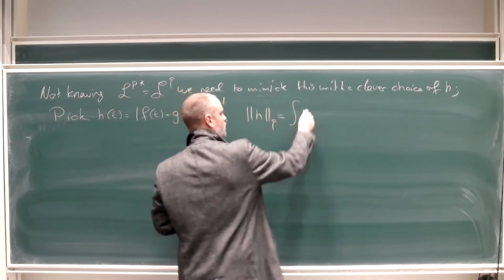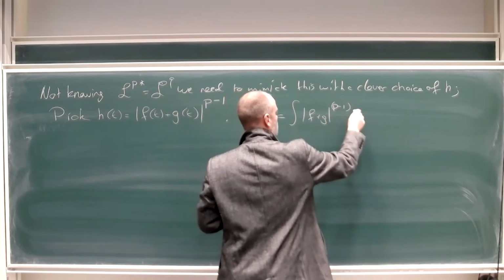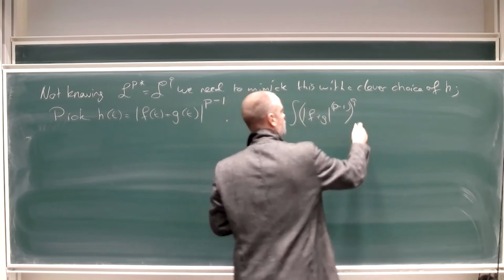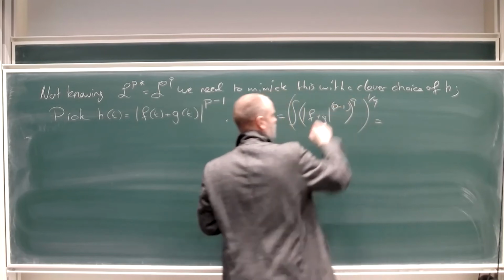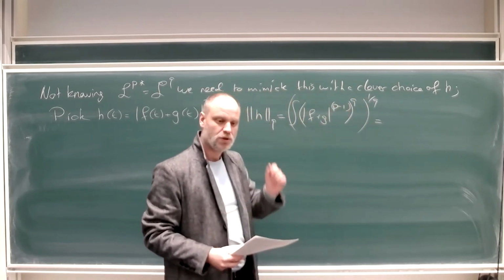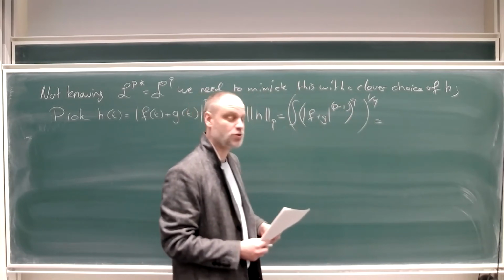It is the integral of f plus g to the power of p minus 1, to the power of q. And then we have a 1 divided by q, right? So now I get p times q minus q. Now you have to remember those formulas I told you to remember. That's actually equal to